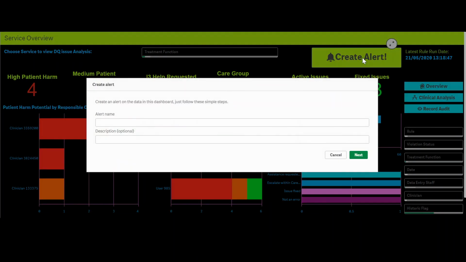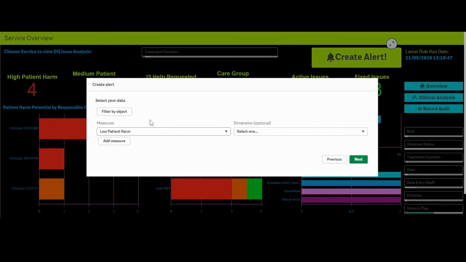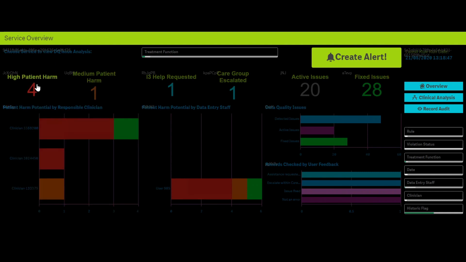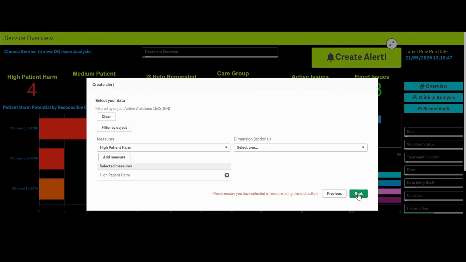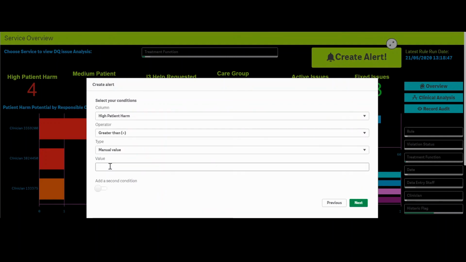So I'm going to create another alert. I'm going to call this urology staff X high harm access plan alert. Again, I'm going to filter by object, so I'm interested in these 4 records there. Click on to next, add the measure, click on to next, and again, just the same as before, I want to know when this is greater than 0. It's an important one